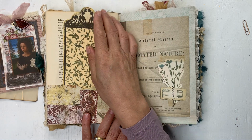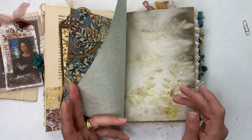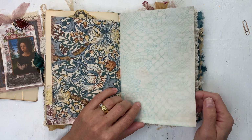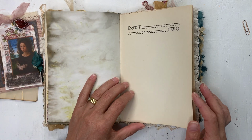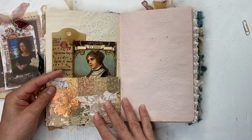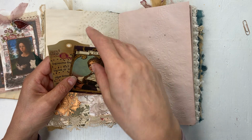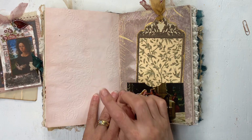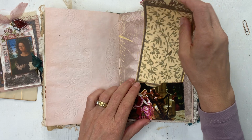This tag is from Paper Cameo. That's chapter 1. And then these blue lace dyed papers are in my shop as well. Another eco dyed paper, the back of that one, and then part 2 of the book, some lace dyed coffee papers. And these two images are both from the Graphics Fairy. The kit is Scarborough Fair, and some of my avocado dyed papers, another tag in here,